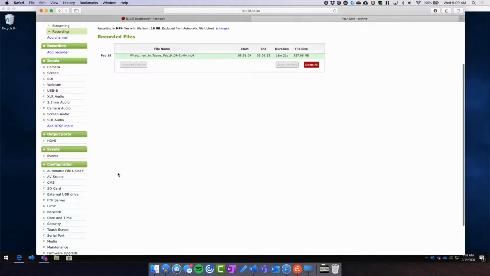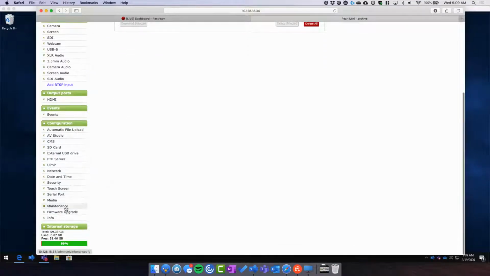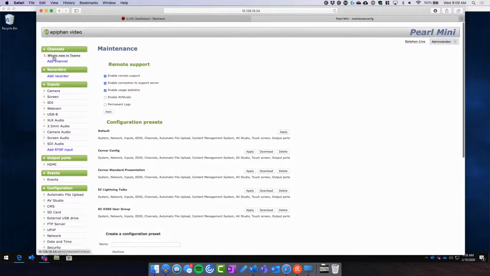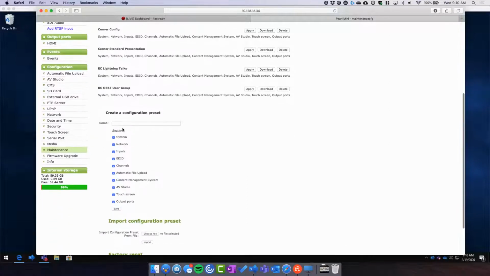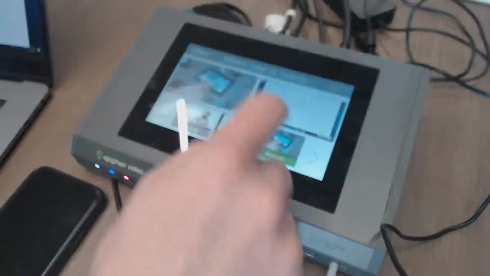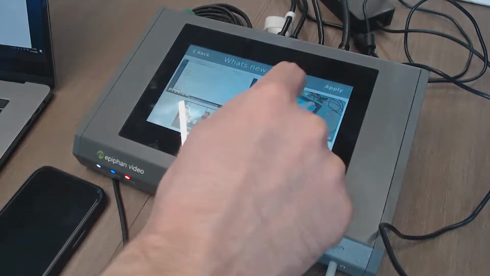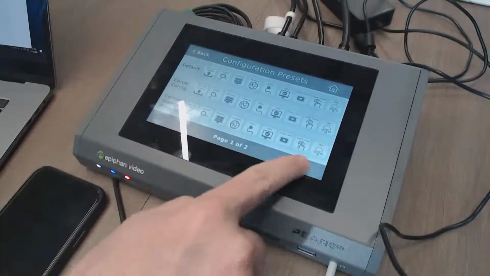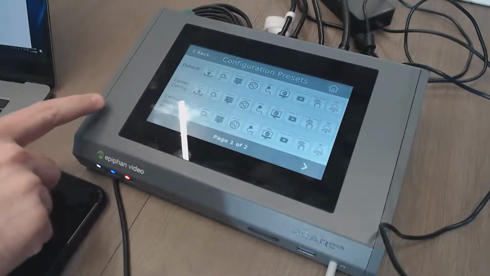Yeah. And what's impressive about this as well is down here at the bottom, this maintenance option. What I like is if I create all this, set up everything, and name it the right way, I can actually save this as a configuration preset. So on the device itself, if we switch back to the webcam here and I go to those settings, configuration presets, I can select one of these presets that I've set up, and then